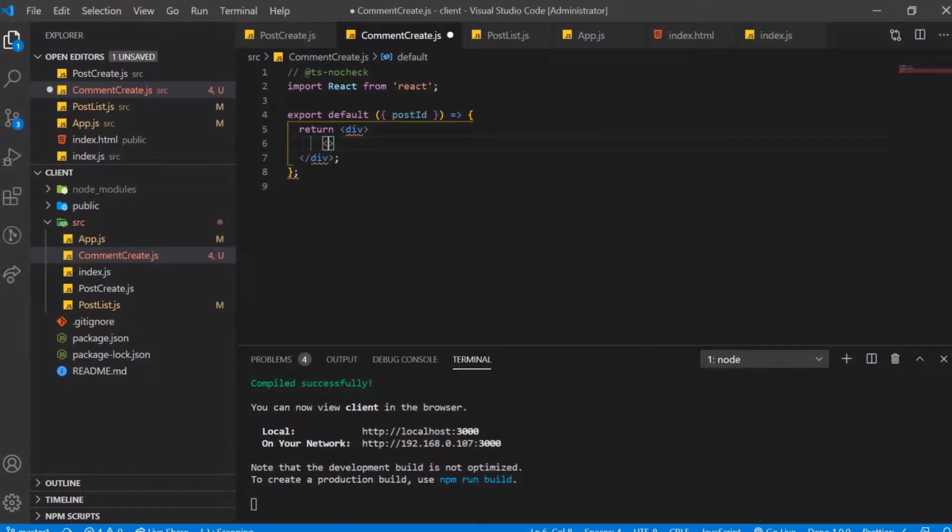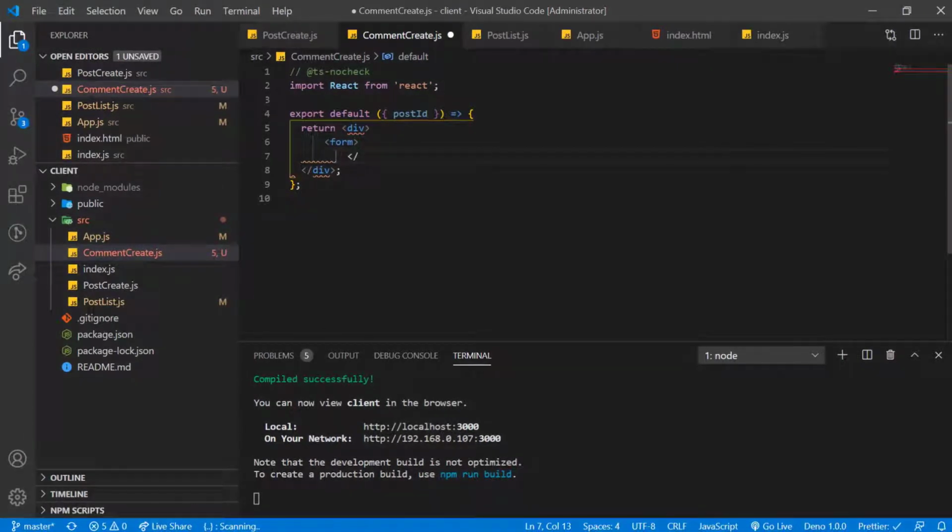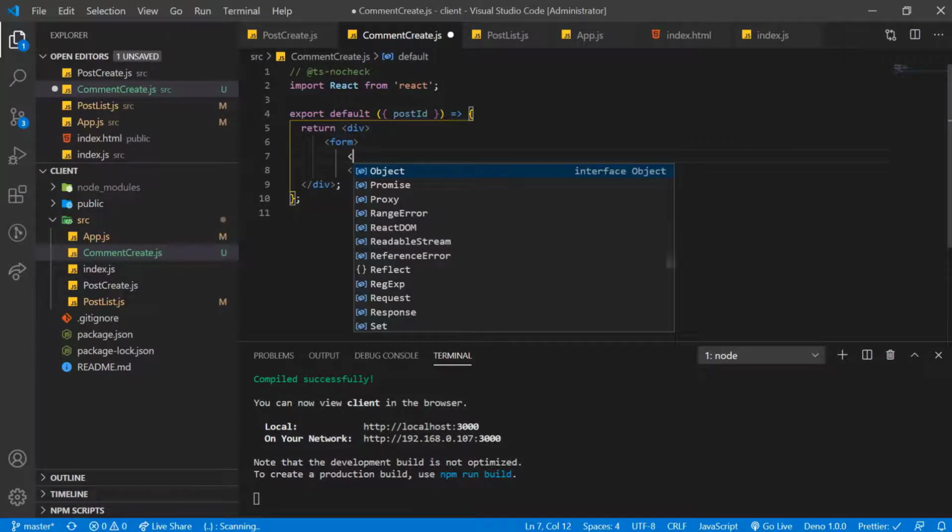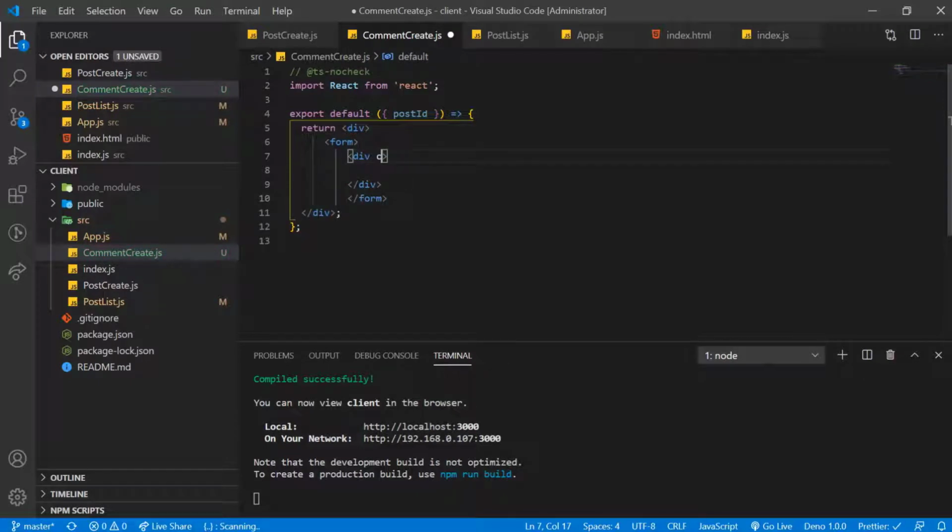Inside this div, let's create a form. Close this. Inside the form, we are going to place another div with class form-group. Now inside the inner div, we are going to add one label with text New Comment, and an input box.